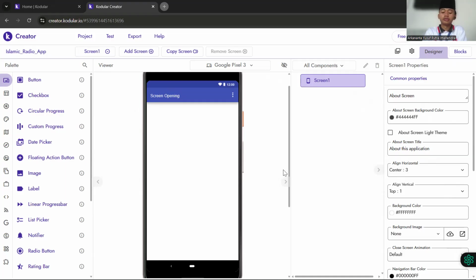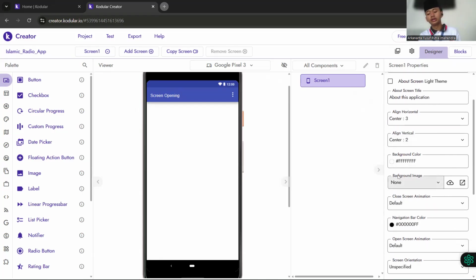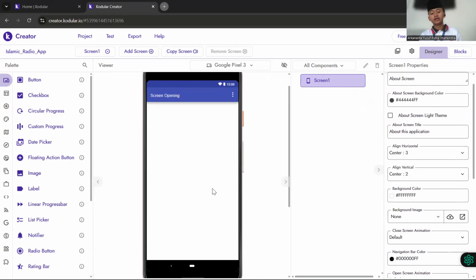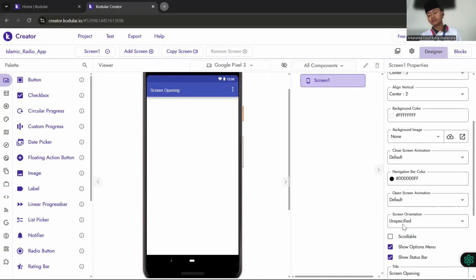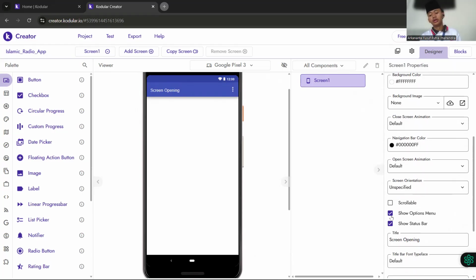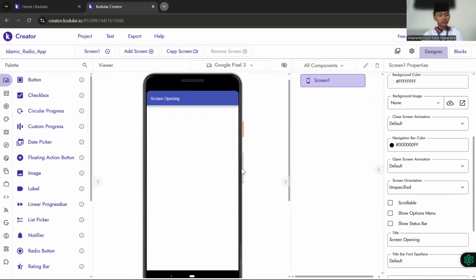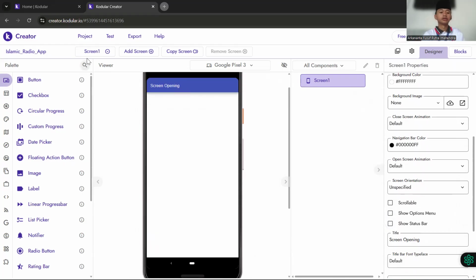So just change the horizontal to center. For vertical, you can also change it to center, so later the objects will be in the middle. Then we set the options again: we untick show option menu and also untick show status bar. So later the screen looks like this. For the next step we can add a component.